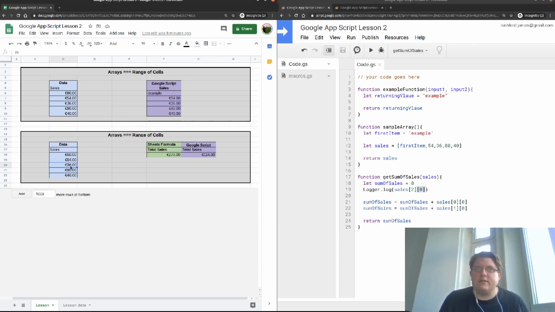So this is the third row, first column. I think I said the opposite before, but you get it. This is the third item in the first array, and then the first item in the second array, which is only one. So to finish this off, we can